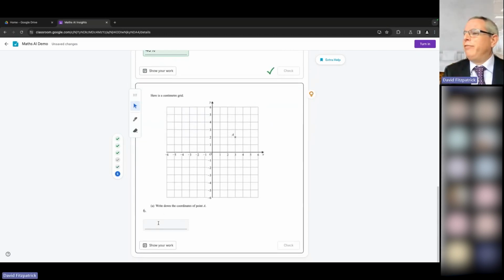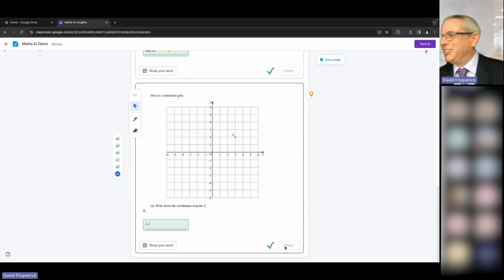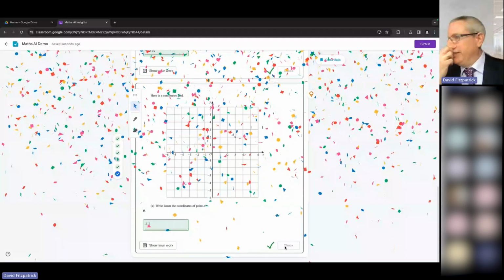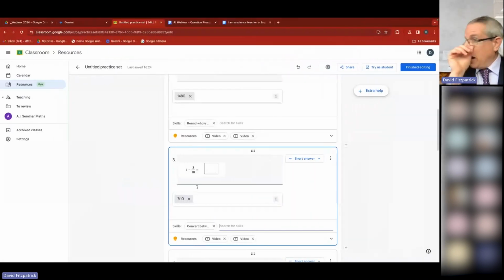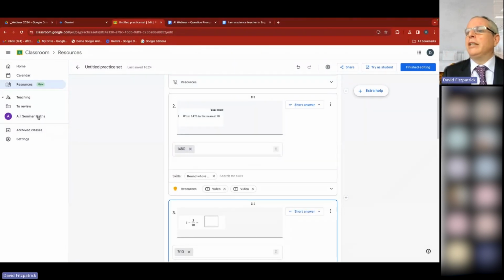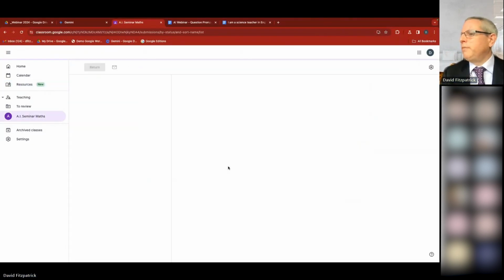Now that's correct. And finally here, what's the coordinate of that point? And I'm going to do it's 3,2. And again, I'm going to check that. Again, I've got it. Sorry, that shouldn't be right. Doesn't matter. And now I have finished that work. It should have been in brackets. Don't worry about that. So if I now go back to the teacher and I go to that class,